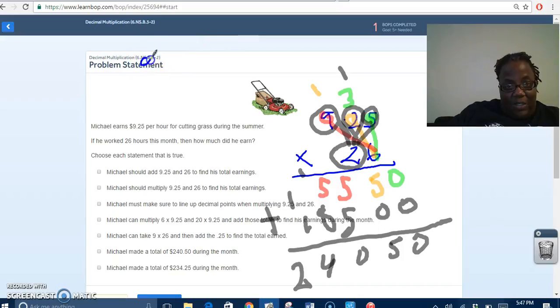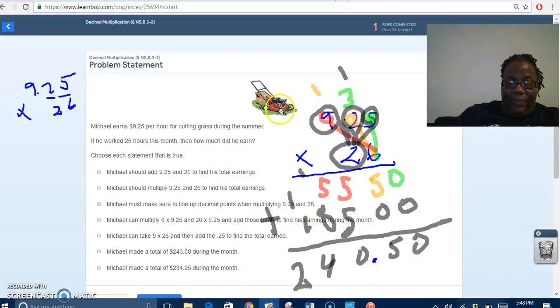Okay. So remember from our original problem, now we can figure out where to place the decimal. So remember I had 9.25 times 26. How many places do we see after the decimal? There's one decimal, and you see 1, 2 places. This doesn't count because there is no decimal in the number 26 for this problem. So how many places do we have? 1, 2. Start at the end, go over 2 places. 1, 2. So Michael has earned